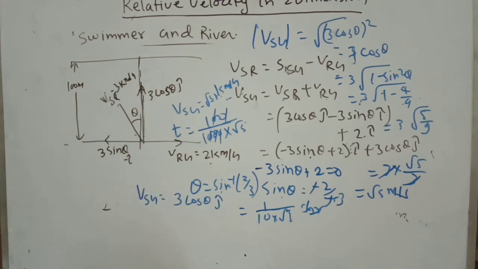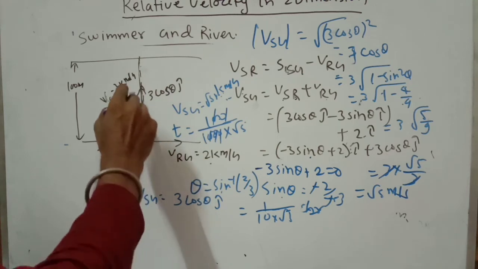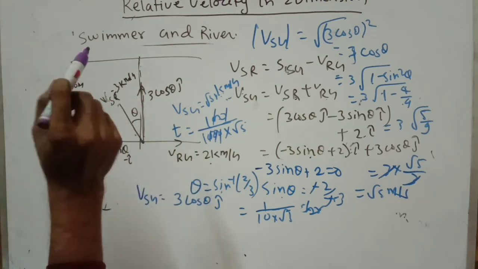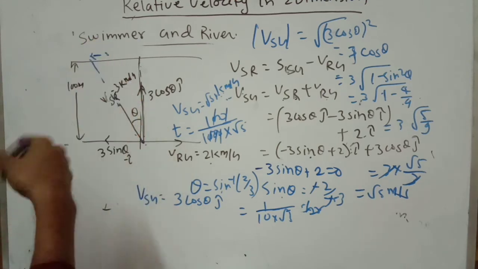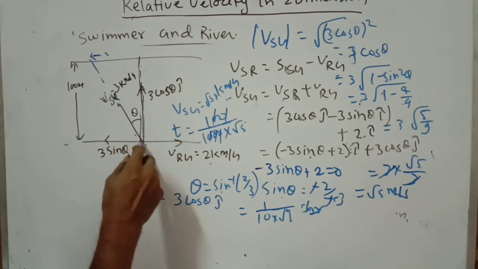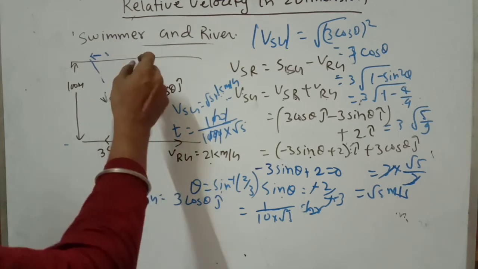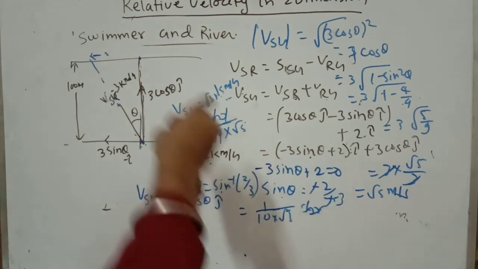And what is the drift by the man? Nothing, because obviously it's the drift by the river. When the question asks for the drift by the river, that means this distance. If the question asks what the drift is here, the drift is 0. Why? Because he arrives just opposite to the initial point. Okay.